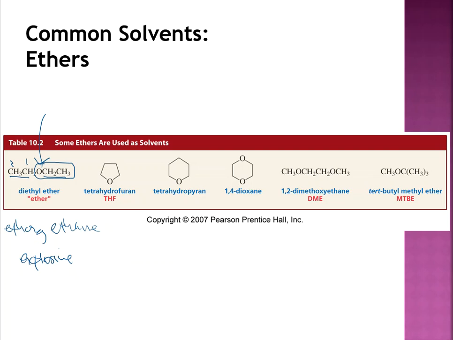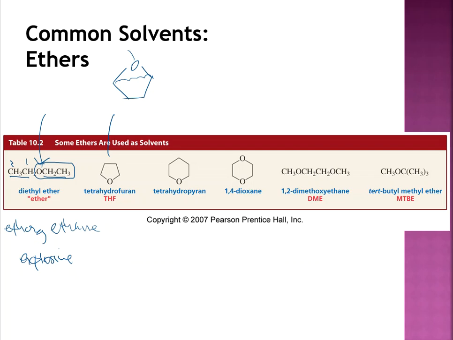Another ether, tetrahydrofuran. I like to call this the cupcake molecule. And the reason I call this the cupcake molecule is because here's the ring with that oxygen on top, and it looks like a little cupcake with a cherry on top. All right, so there is your cupcake molecule of tetrahydrofuran, and that is abbreviated as THF. Notice that is a ROR. We also have an extension of that ring. Instead of a 5-membered ring, we can do a 6-membered ring with the oxygen on one of the joints, and that is called